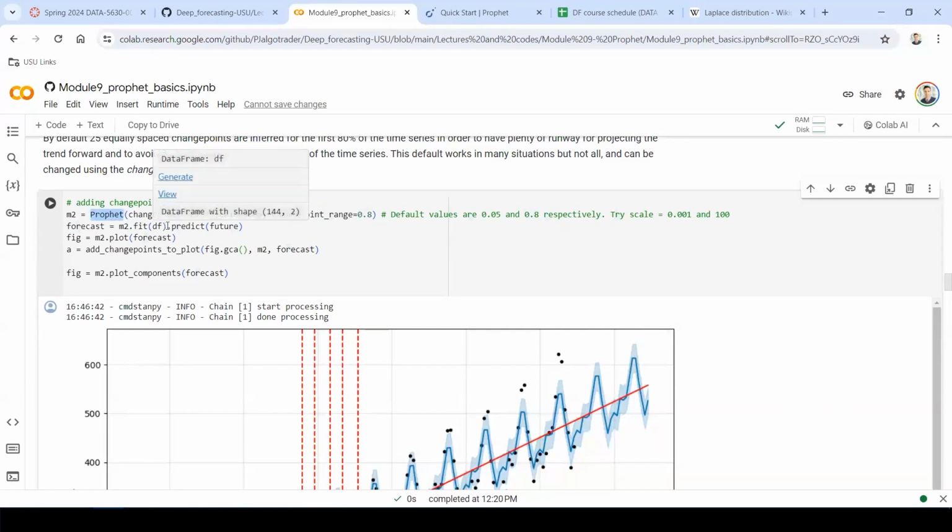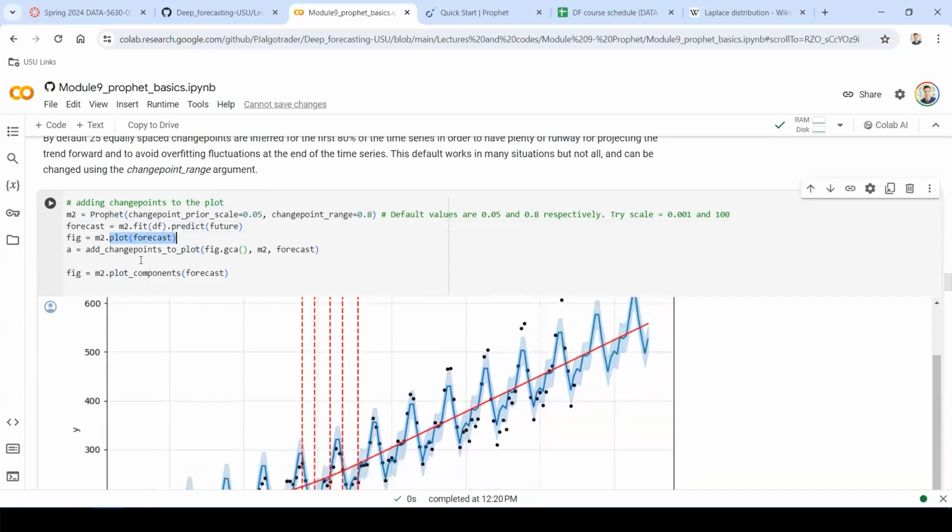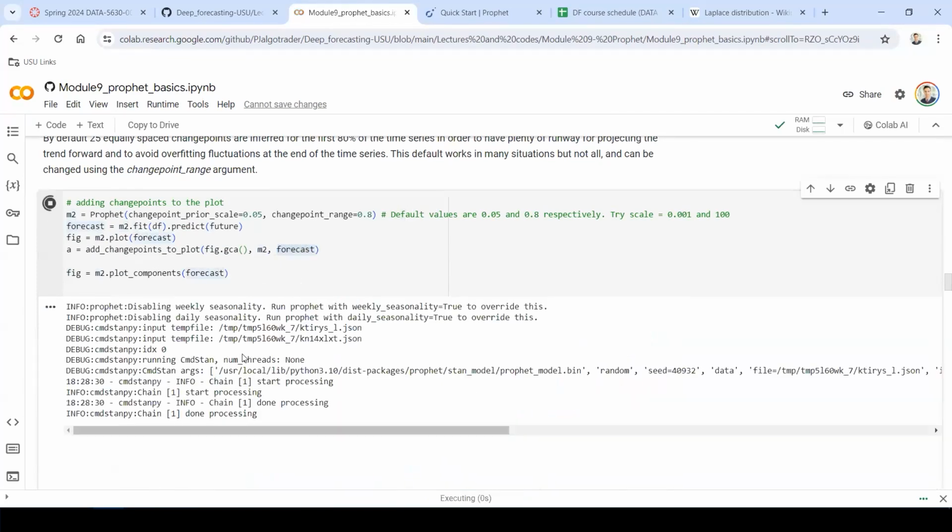Now this is your model. You're going to fit it. I did fit and predict in one line because we know how it works. Then this is the figure itself. I'm adding the change points with add_changepoints_to_plot. This says take this figure and add the change points to it. Your model is M2, and you want to plot the forecast. So if I run this,